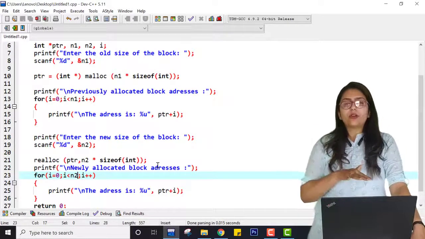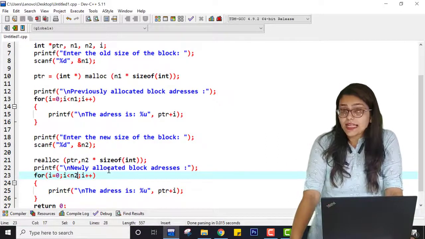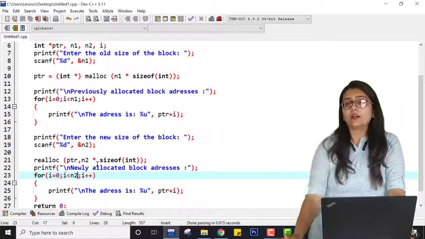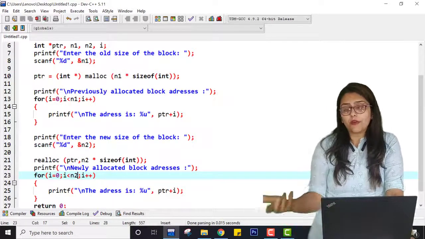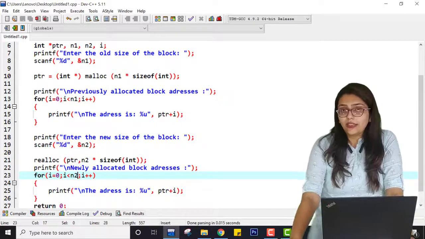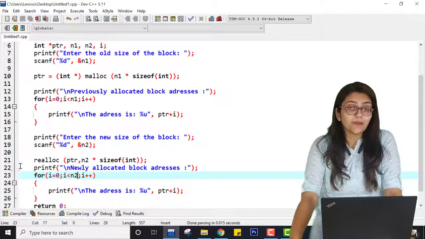Right now we do not have any more programs that use this kind of memory allocation. But as I have told you, in your higher semester studies, when you are studying data structures, at that time you will be performing the practical of linked lists. At that time you have to dynamically allocate arrays and memory. At that time you are going to use these functions and you will remember me.